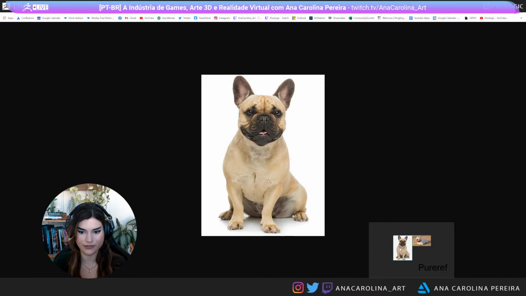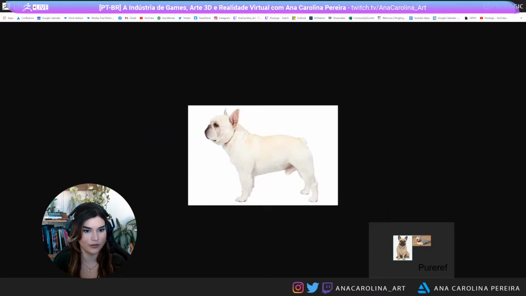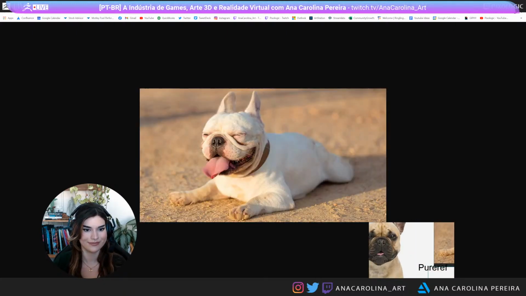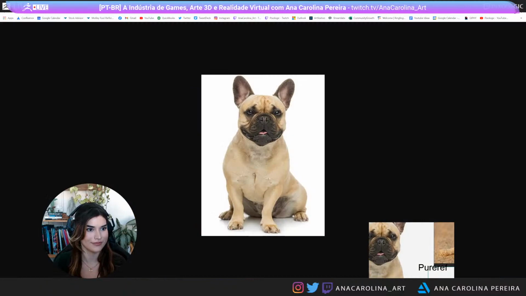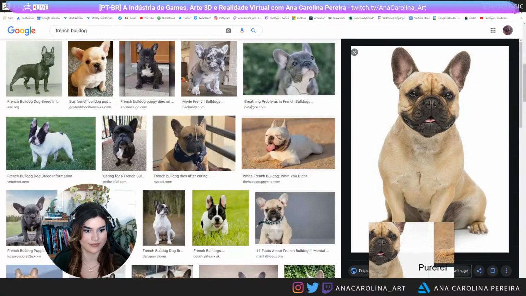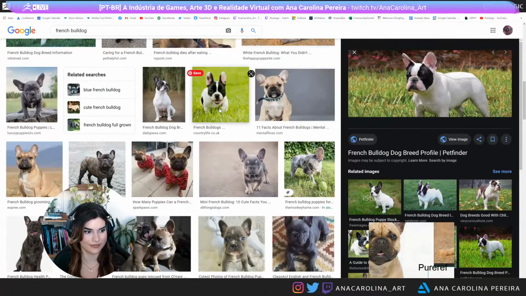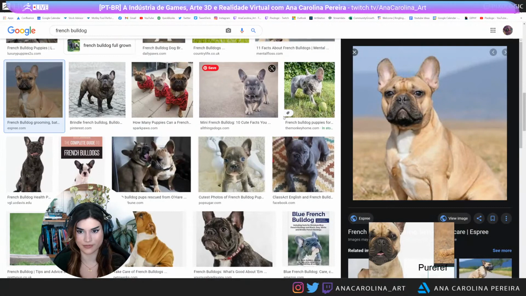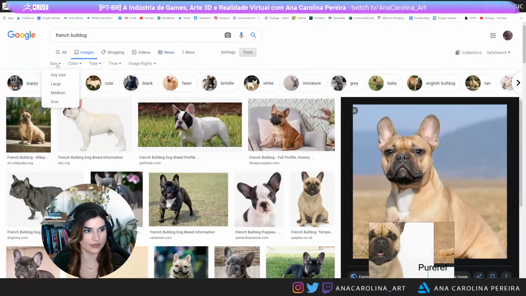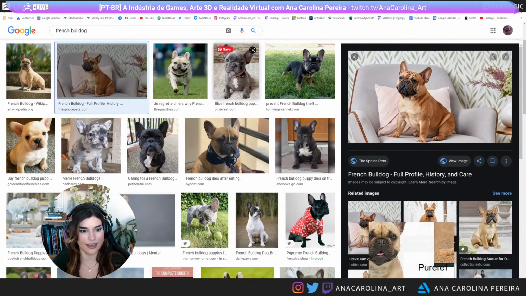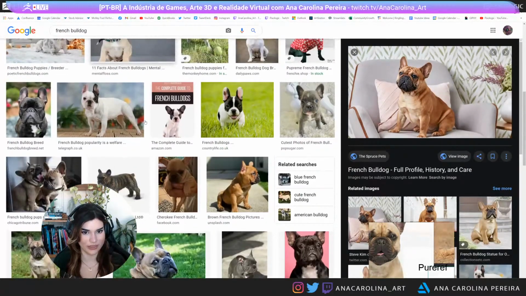And like a good front view. This is the cute one. Side view. It's looking a little white on white over here, but I'm gonna go ahead and do tools size large. That way my reference can be nice and high resolution. Didn't change much, but